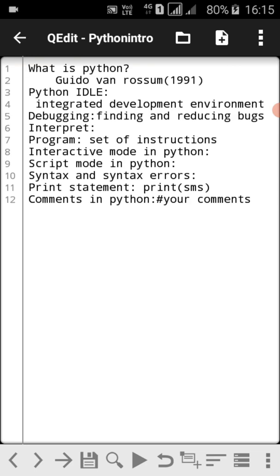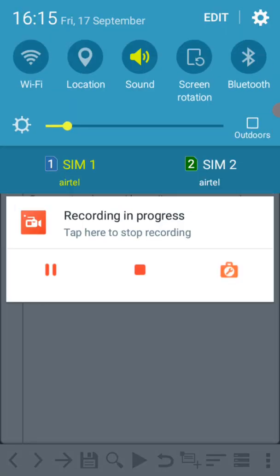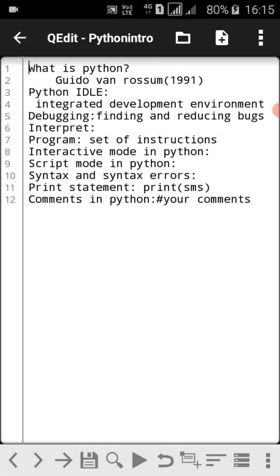Working in interactive mode is convenient for beginners and for testing small pieces of code, as you can test them immediately.